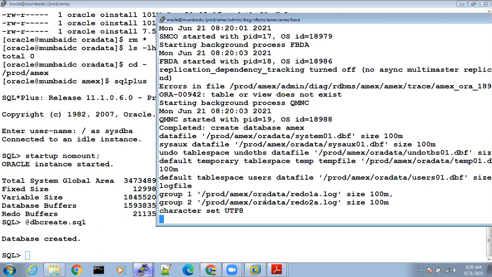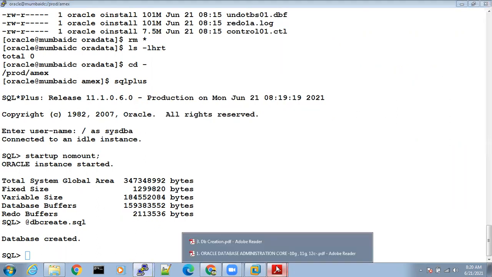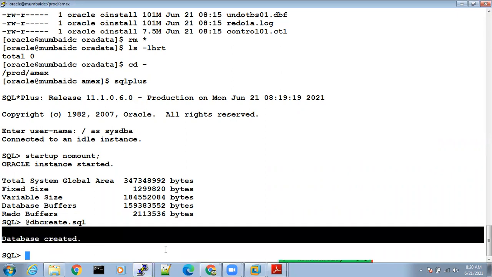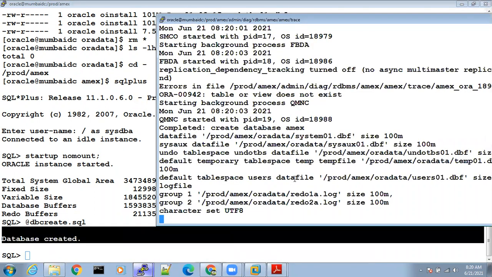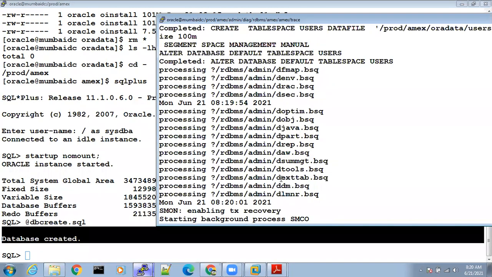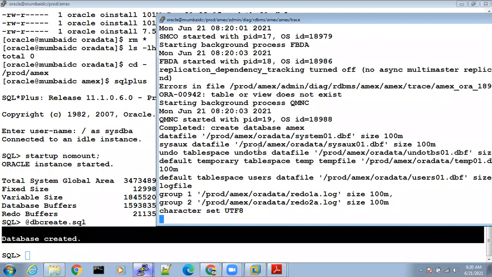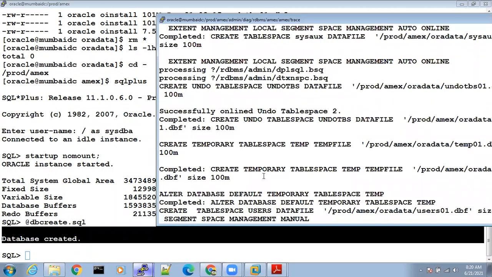Database creation is completed. After that, once the database is created, if you are getting any errors, please monitor the alert log file. It will give you all the errors and help you with the solution. It will not make you waste your time. The alert log file is very helpful for any person. As I told you, even a person with 30 or 40 years of experience finds the alert log file very important. It will give you each and every line, and it will help you provide a solution.